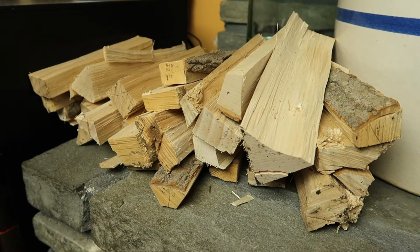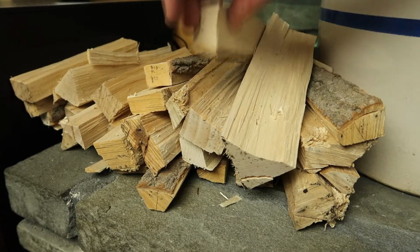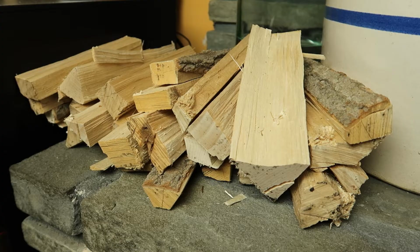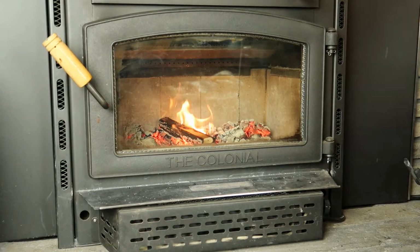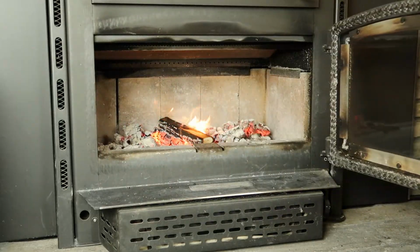What you're going to want to do is have a good quality hardwood, nice and dry, because you're going to want high heat and it won't affect the flavor. And what I did is I split the logs in half with a chop saw, and then I split them up for smaller kindling to throw on to stoke the fire as you're baking. You want a little flame to come up over the top,